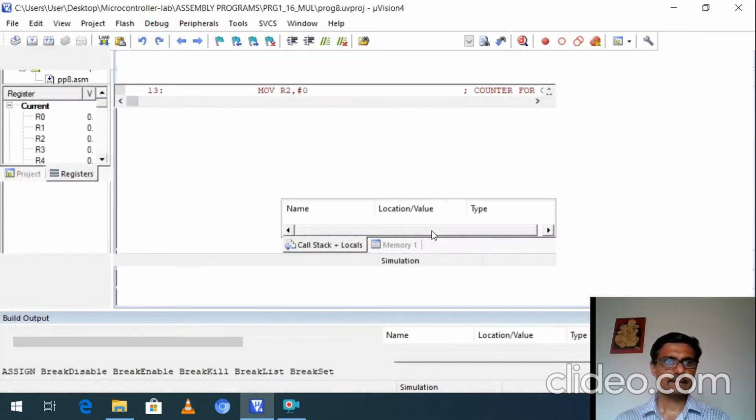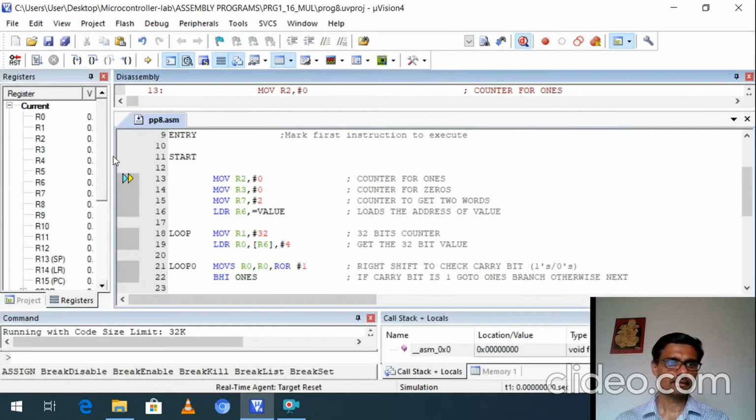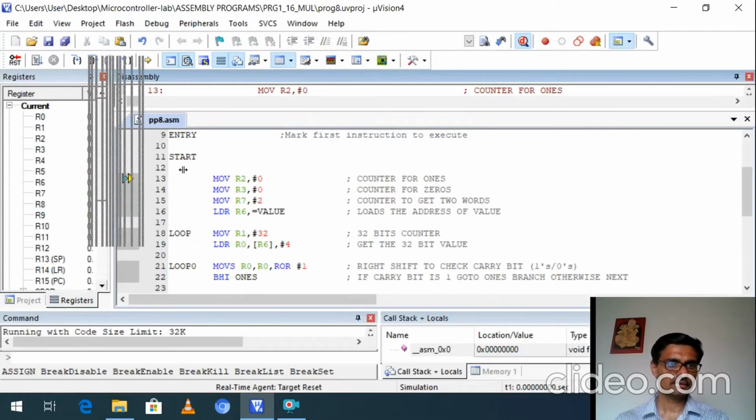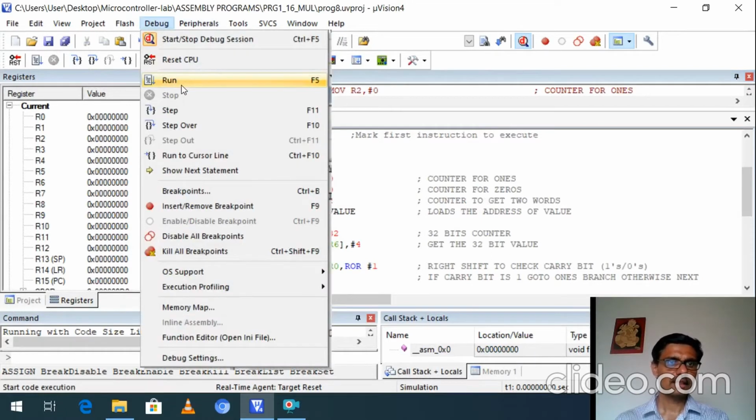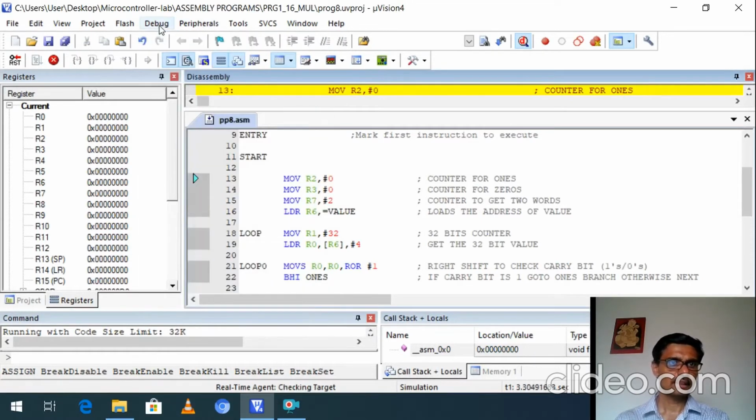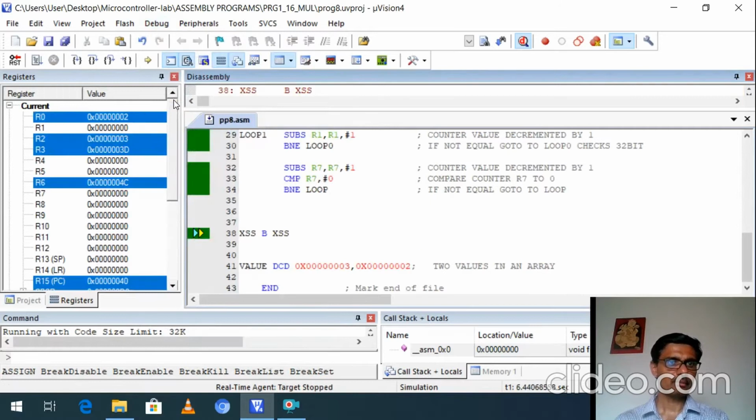Click on OK. You can see here the contents of the registers. Just scroll down. Again go to Debug, run the program. Again go to Debug, stop it. So you can see now the contents of R2 and R3 here.